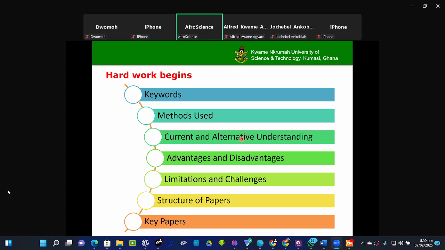Then another part that is important is the structure of the papers. How are the papers that you are reading structured? Because that will help you when you are writing. What do they talk about first? When they talk about literature review, which are the main papers they talk about? How do they write about the methodology? Where do they write about the study area? How do they write about it? When they are writing the results, how do they write? All that must be gleaned from the papers you are reading,